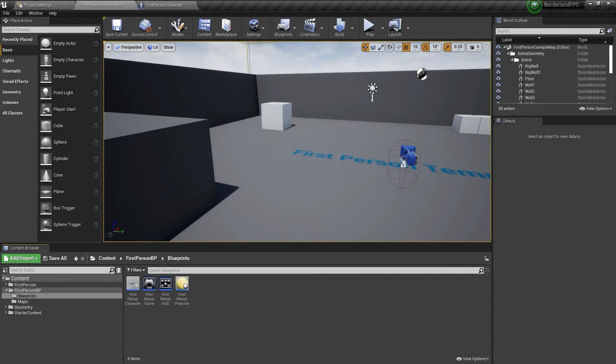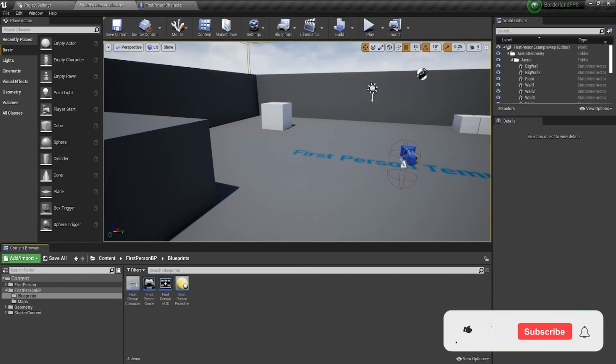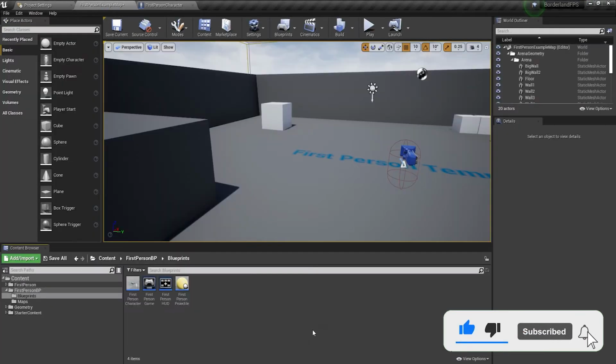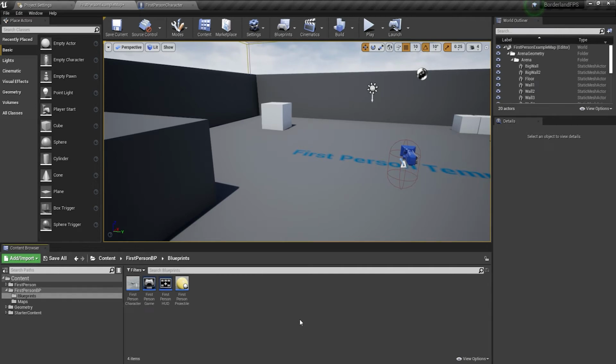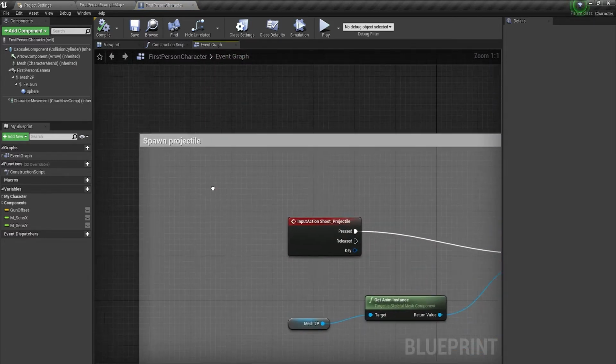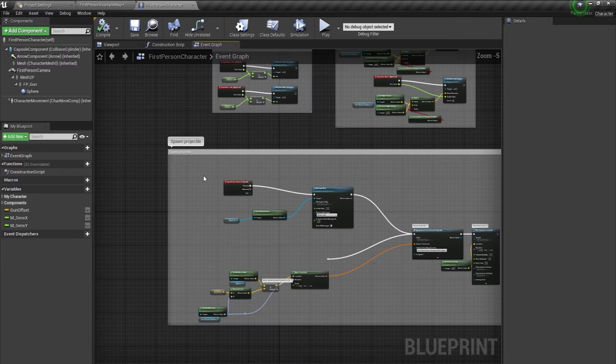Welcome back. In this lesson, we are going to create this. So let's get started. First of all, open your first person character blueprint, and from here go to spawn projectile,